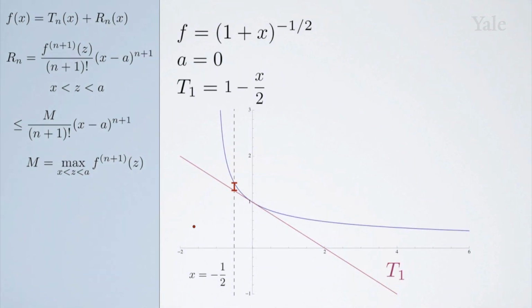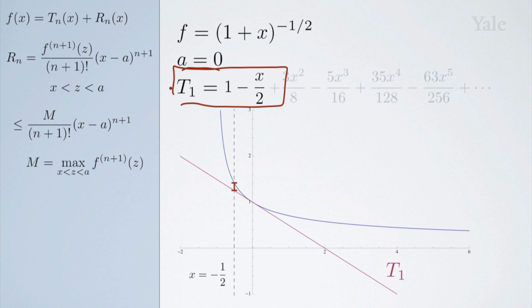1 divided by the square root of 1 plus x. And we'll just calculate this at the center of a equal to 0. And to make our life a bit simpler, we'll use T sub 1, our first degree Taylor polynomial. And you can see that this is just a tangent line here. And we have a nice picture of what the error looks like at a point of our choosing. We'll use x equal to minus 1/2 here. And we can see that the error looks like it's around 1/3 or thereabouts with this particular truncation of the